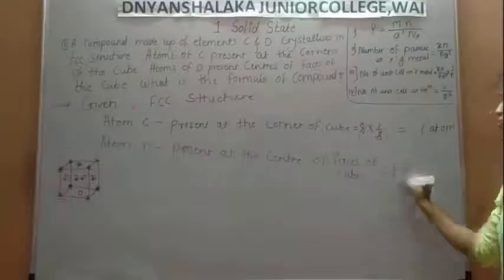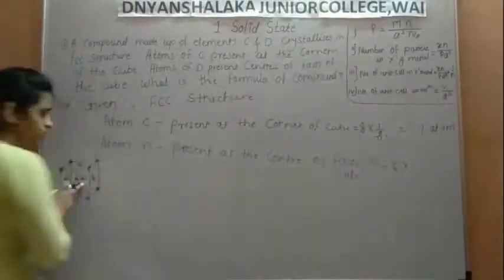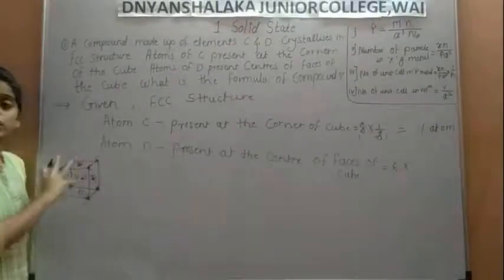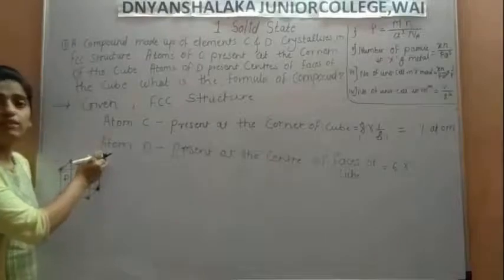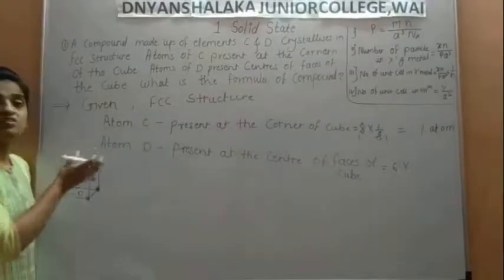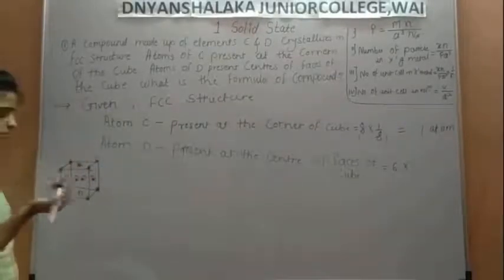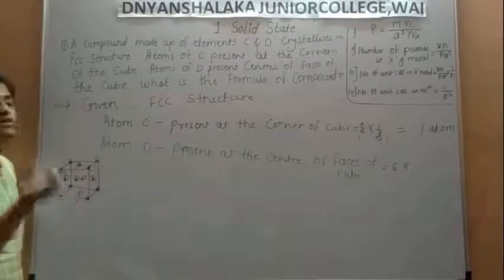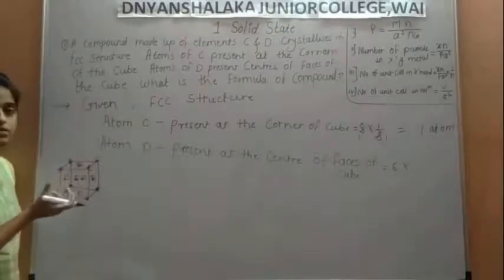And contribution of these phases means one single atom. So contribution in this cube, in this corner, is only 1 by 8 portion. We studied in the last lecture the different types of crystal structure, so how to find out the contribution in simple cubic structure, body centered structure and face centered structure.